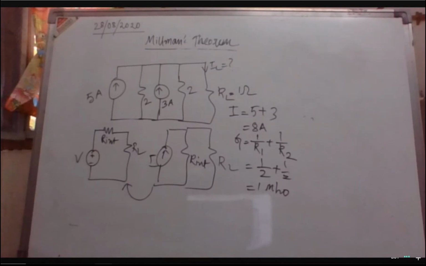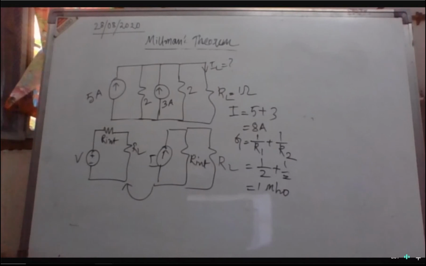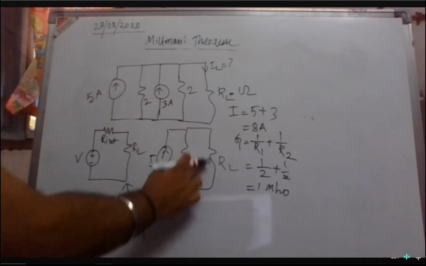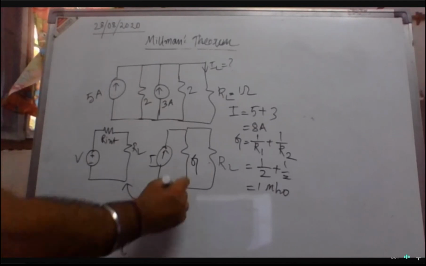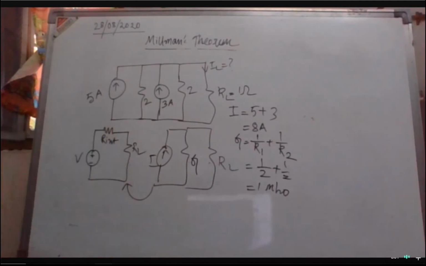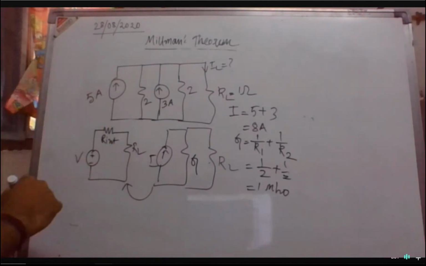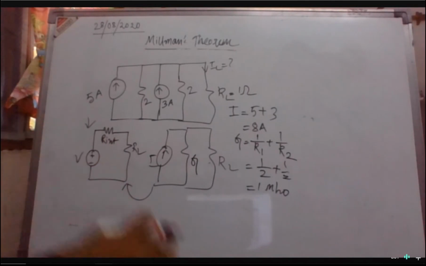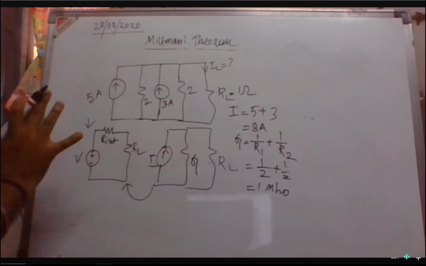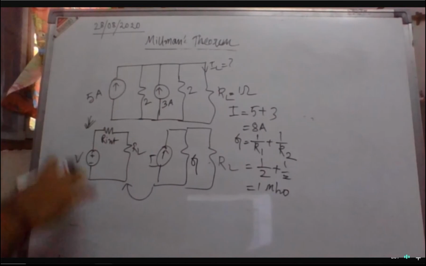So now we have to convert this into, if we draw like this, that means your main circuit will look like this as I have drawn. Now we have to convert this into voltage source, because we will take this circuit irrespective of the voltage source and current source. We will try to bring that circuit into this one. That will be clear, because if we have too many circuits, that will create confusion. So we will take only one circuit, this one, and we will try to bring every circuit into this one.